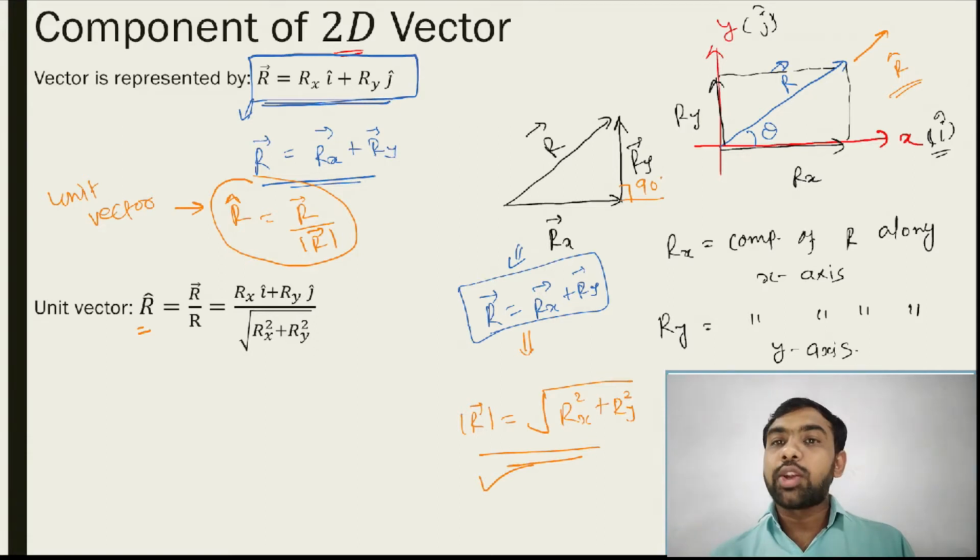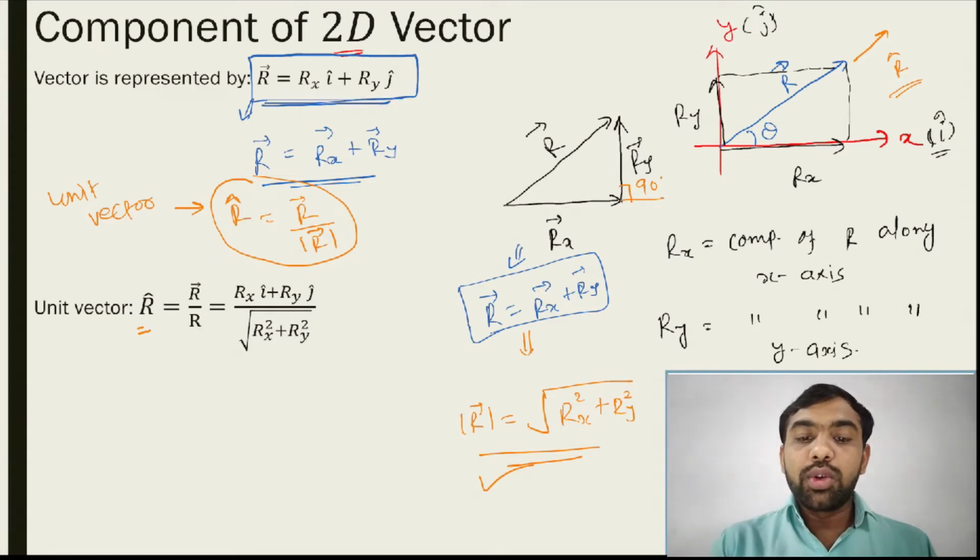Vector r upon magnitude of r. Vector r means what? Rx i plus Ry j, and magnitude of r is what? Under root Rx square plus Ry square. Why? Because